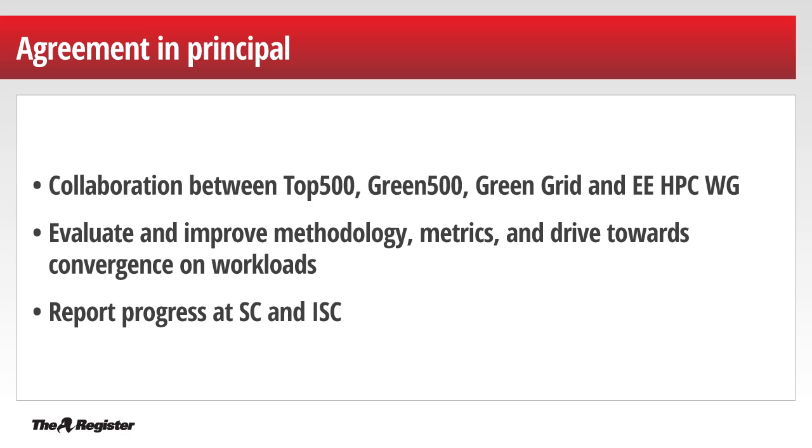Yeah. So really, there's a lot of people since the middle of 2000. There were a lot of people in the decade who are starting to worry about power, and a lot of efforts going on simultaneously. But again, the effort wasn't coherent and focused for HPC. And so we pulled together a collaboration between some key players, the Top500, the Green500, the Green Grid,